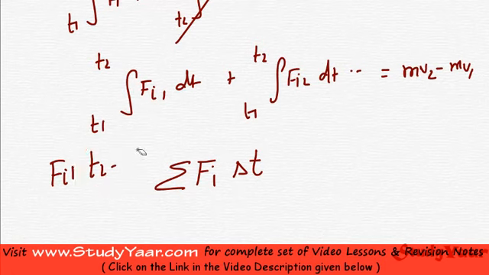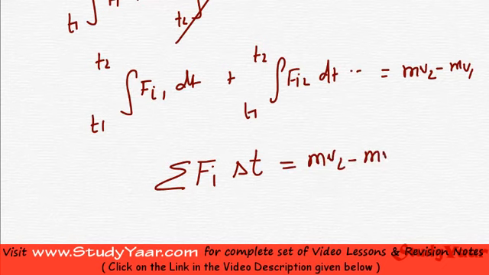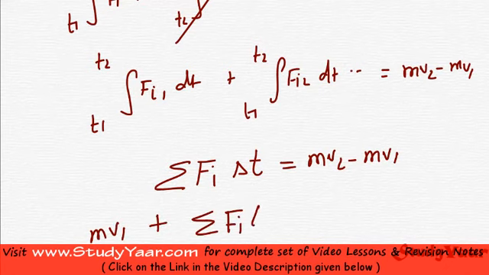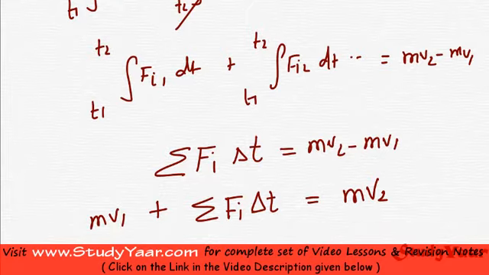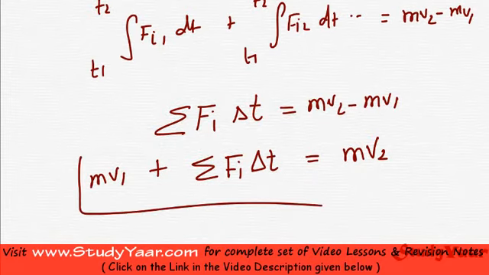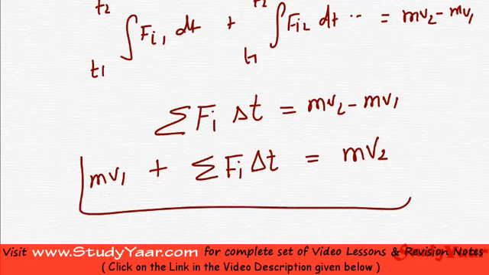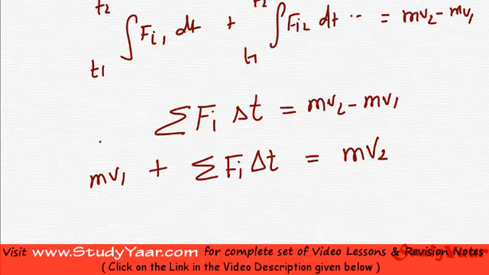So you would have this thing equal to mv2 minus mv1, or you would have mv1 plus sigma Fi delta t equal to mv2. So this is the result that we talked about earlier, and this is not a special result, it is just derived from the impulse momentum principle. When we are neglecting the